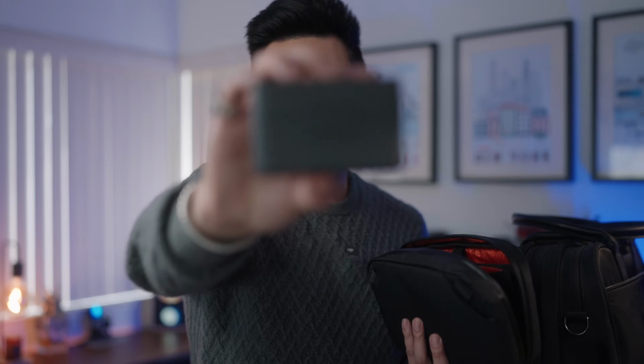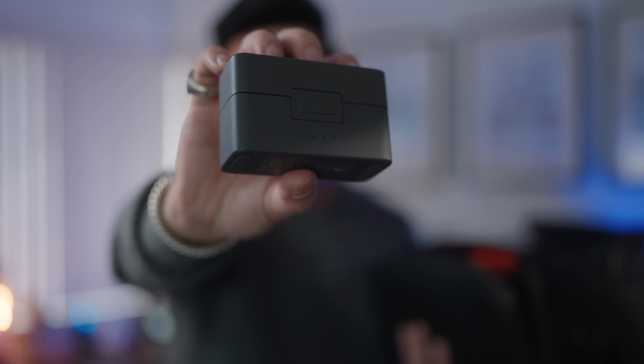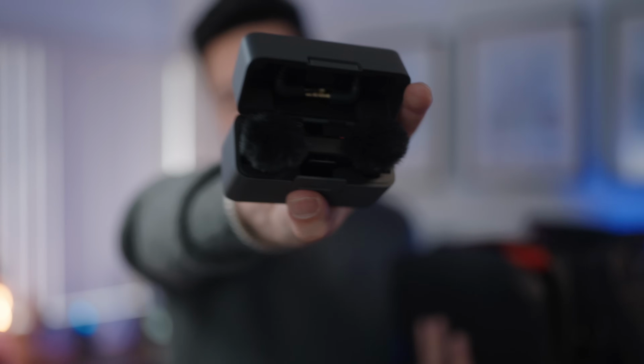Another thing that's in here, for times where I don't want to use the on-camera microphone or that Sony ECM, are the DJI Mic Minis. Tiny, tiny little wireless lav mics that I can just connect to my camera, and then I can mount the audio to me. Right now I'm using the DJI Mic 2. This is just a smaller, more travel-friendly compact version that still delivers really high quality audio, and that also goes